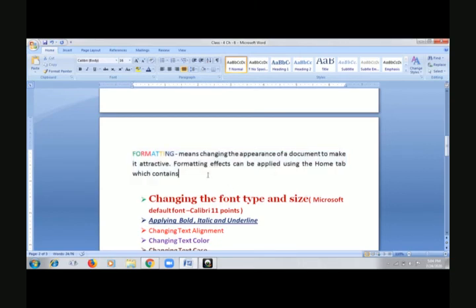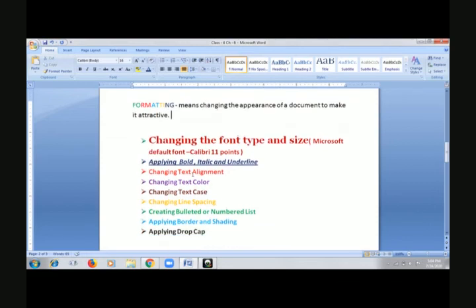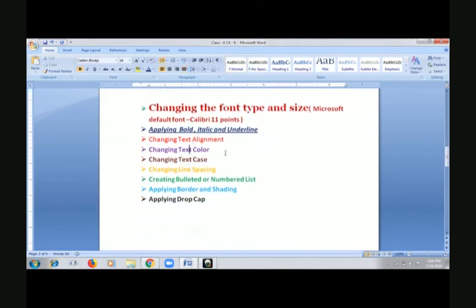Yes? Okay. Now let's move to the next option, that is changing text color. This is very simple. You all do this in Paint software as well. I'm selecting this, and here is the option in the font group, the A option with the color box. Any color you want, you can even go to more colors and select any color.